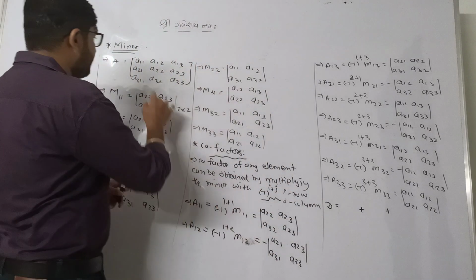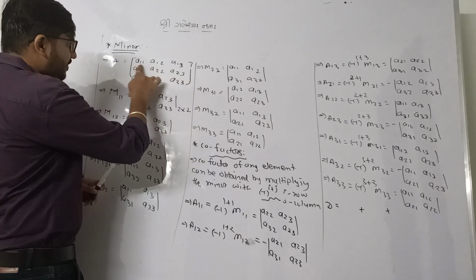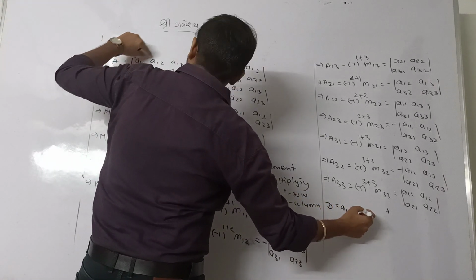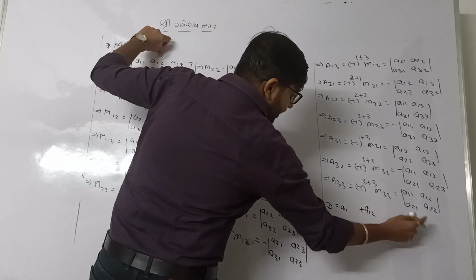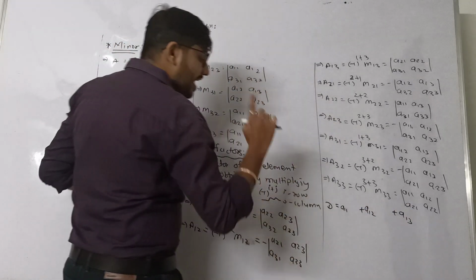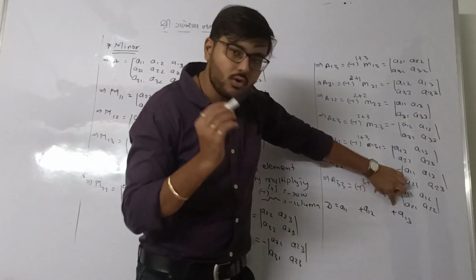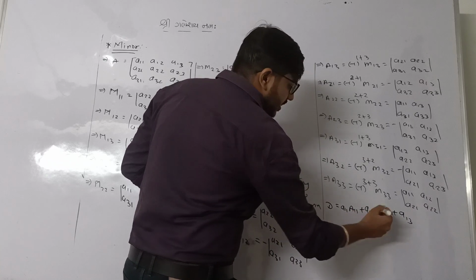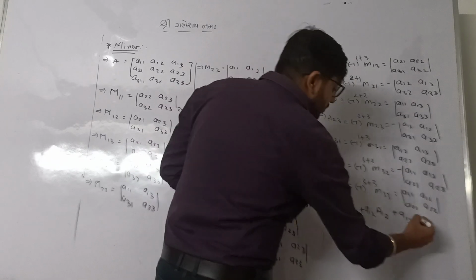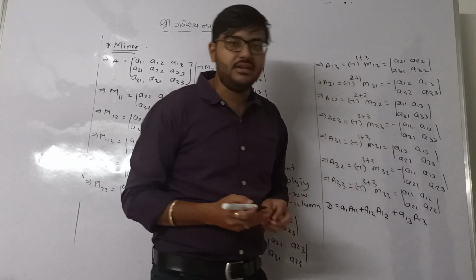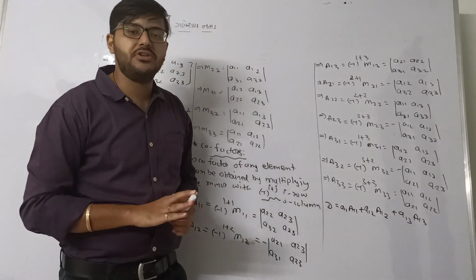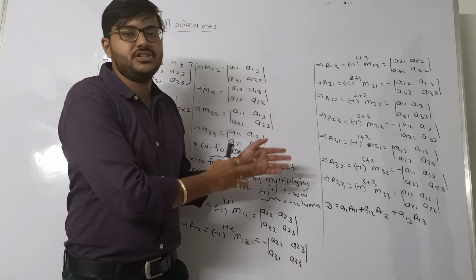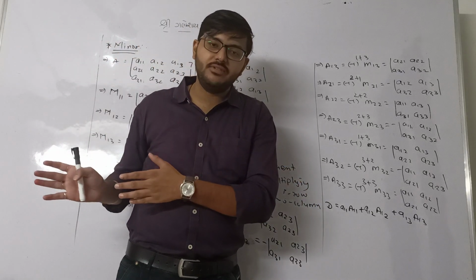That means if I take the first row, so first row has elements A11, then A12 and then A13. And now you have to multiply these elements with their own cofactors. That is, A11 can be multiplied with capital A11, A12 can be multiplied with capital A12 and A13 can be multiplied with capital A13. Right? So this is one of the most important properties, and if you just check properly, it's simply an expansion of determinant, which we already studied in exercise number 4.1.